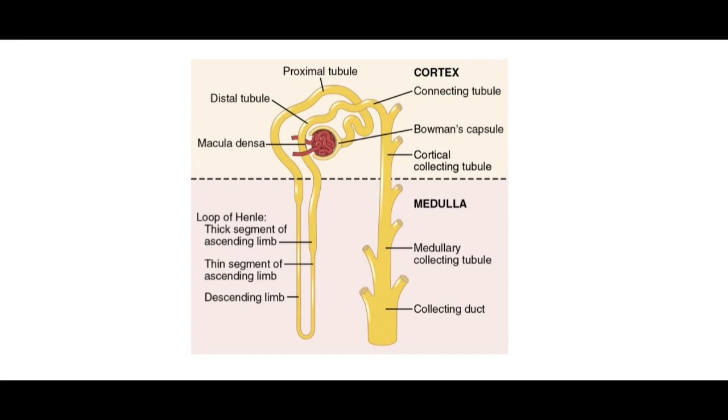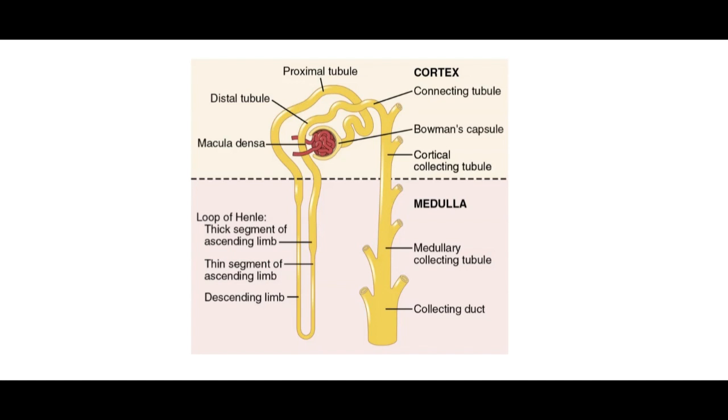Whatever is filtered at that point is now the tubular filtrate that is going to pass through your entire nephron system. Anything that's left over after it's been processed by all the segments is what gets excreted from the body. From here, we will go into the proximal convoluted tubule, and then that will turn into the proximal straight tubule,